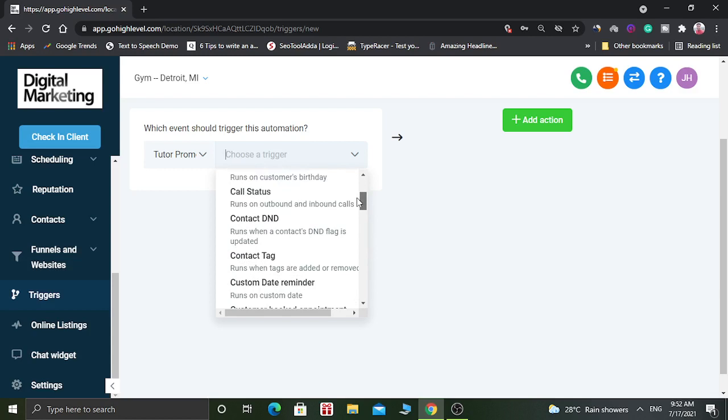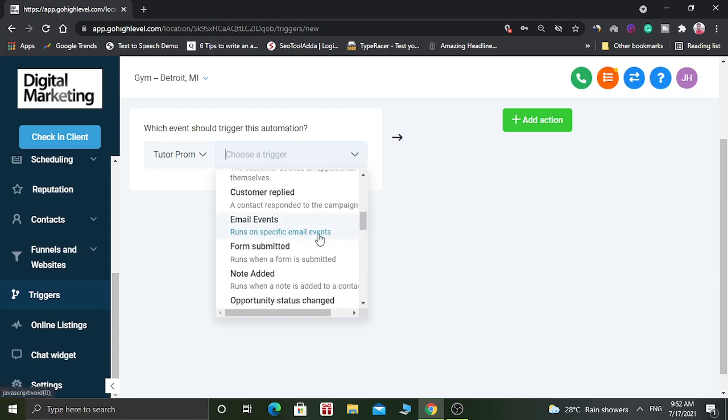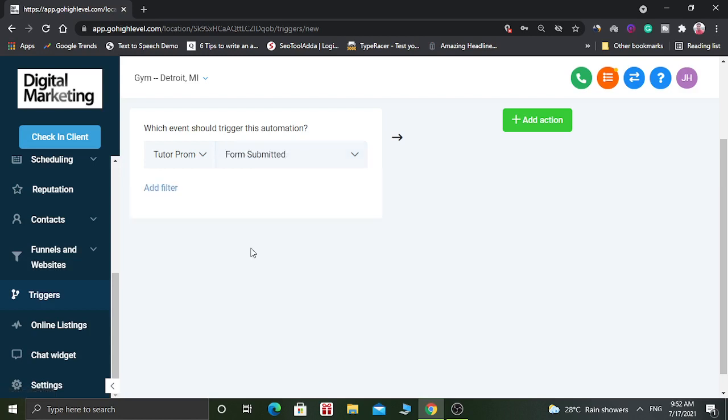But for this example, we are going to select the condition called form submitted. When somebody submits a form on your website, you can define the filters for it.